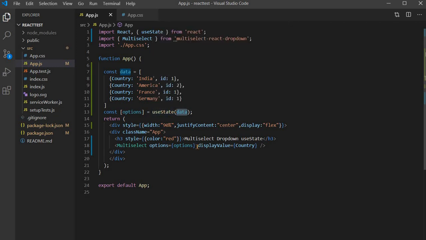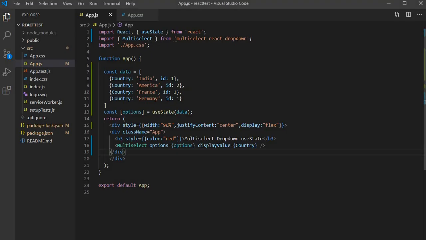We can have multiple actions over here where we can pass the data as per the requirement, when the user selects any values from the drop down. You can call a function and pass this data whenever you require it in the future. Whatever data you select in the multi-select, we can grab it. To do that, we just add onSelect, call one function, and inside the function get the selected values. As simple as that. Let's see how our app looks in the browser.